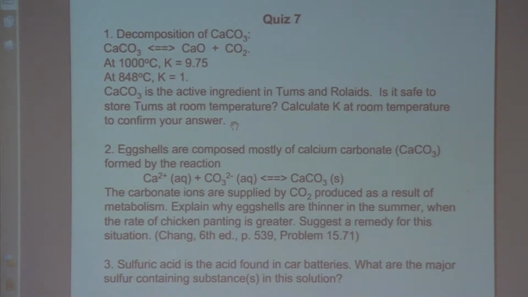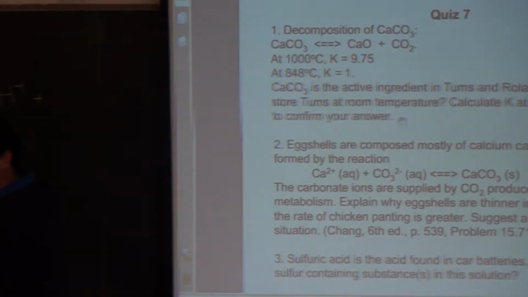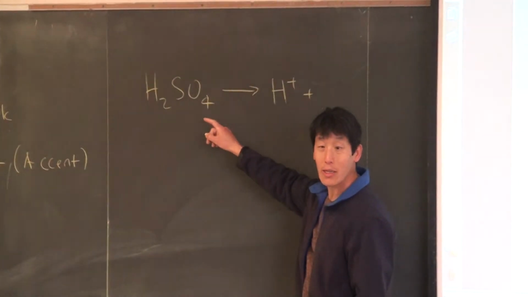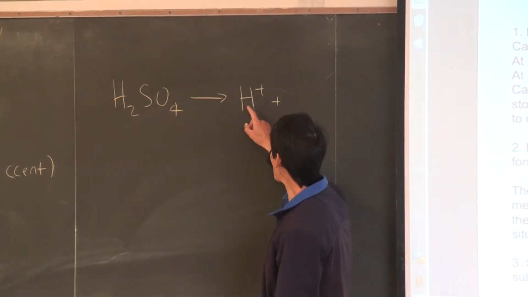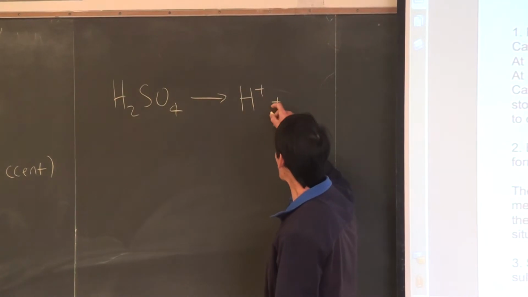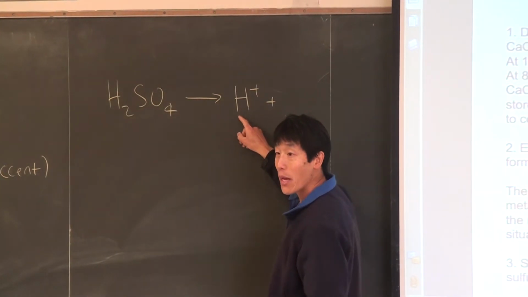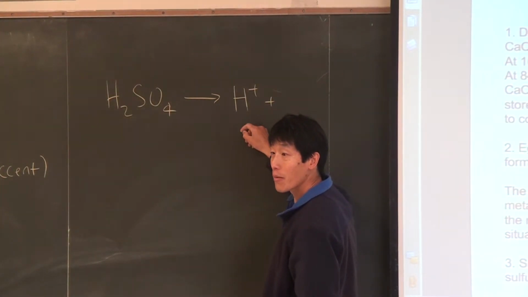Now, this is a strong acid, but is it a monoprotic acid or polyprotic acid? Yeah, so how many H's here? There's 2, which means it's a diprotic acid. Okay? So it's going to be H plus. Now, when acids donate protons, it donates 1 at a time. So it's going to form H plus, and the conjugate base of H2SO4 is